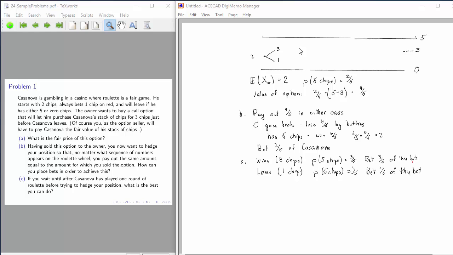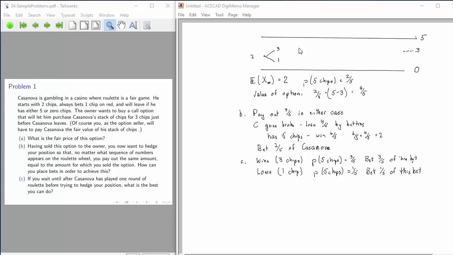And there's a complication here which I haven't fully figured out. With hedging for stock options, you always keep adjusting your underlying portfolio. Here, as in Part B, you can say, you just make up your mind, you're going to bet 2/5 of what he bets no matter what, and you will come out fine.